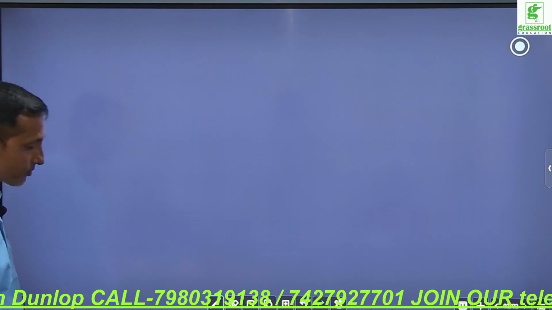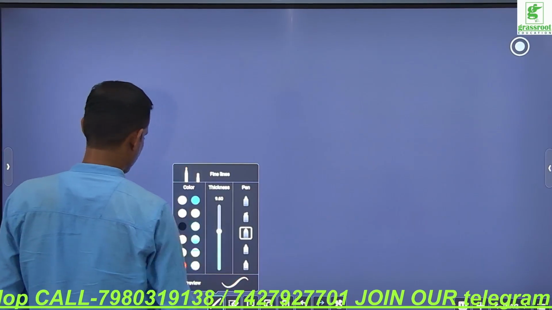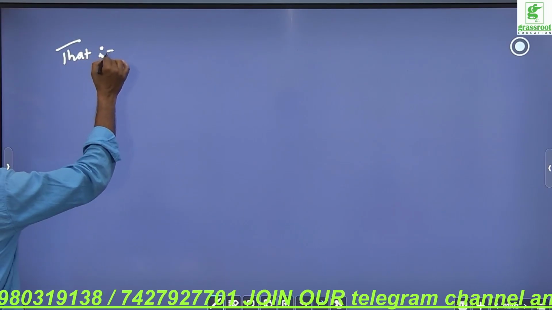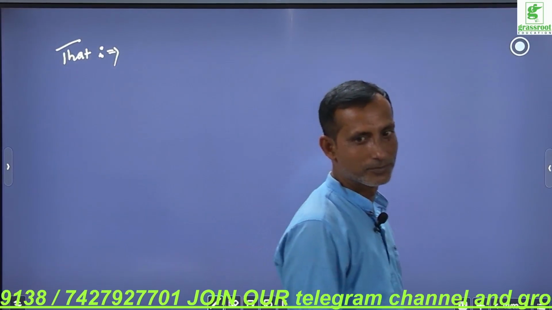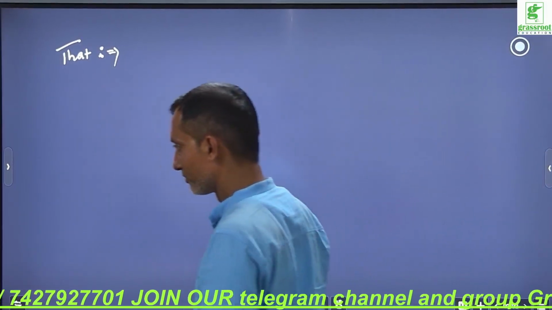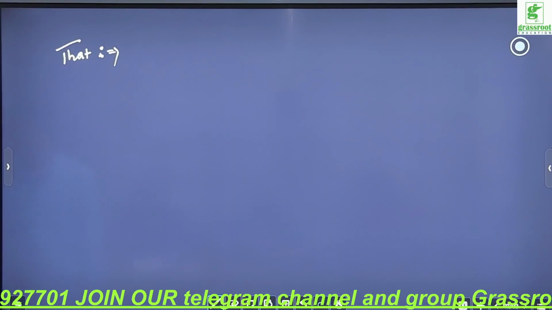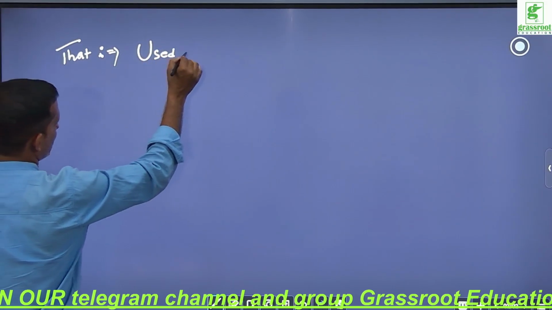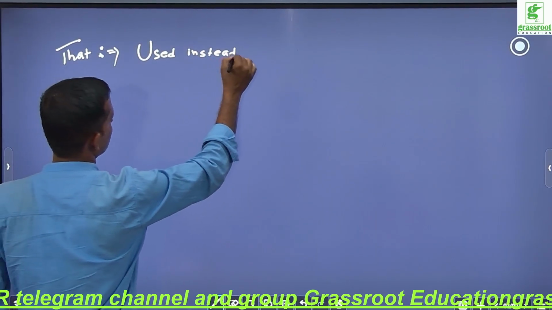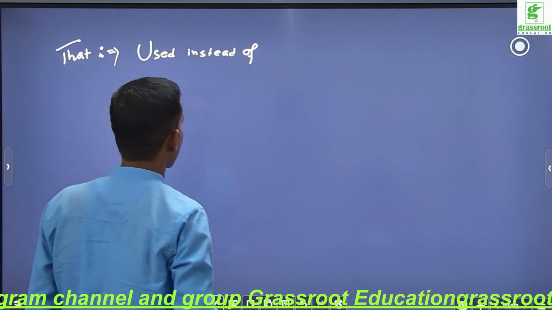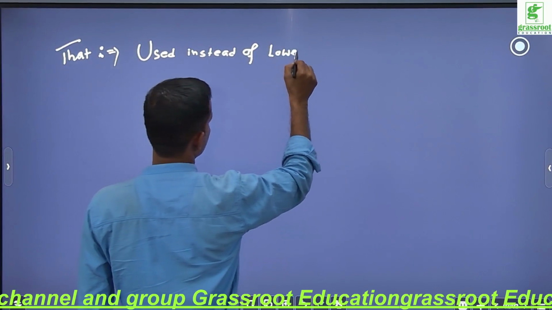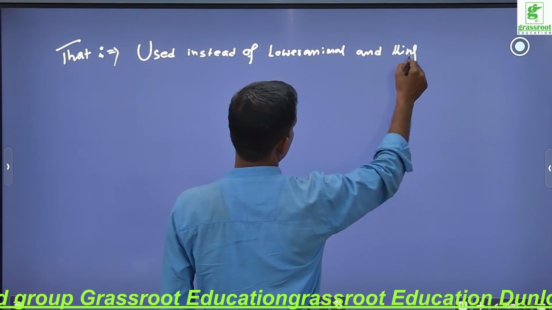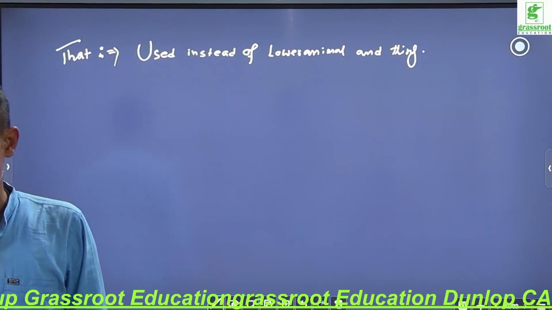নেক্সট, হু আর হুম হলো, তাই তো? নেক্সট, that used instead of lower animal and thing. ইতর প্রাণী বা বস্তুর পরিবর্তে ব্যবহৃত হতে পারে।